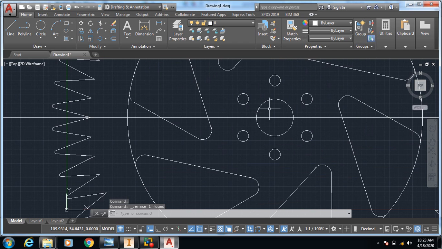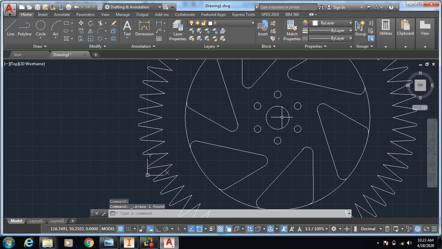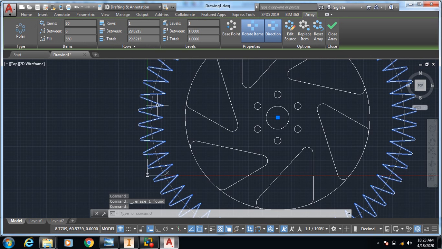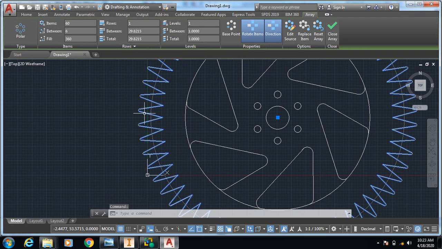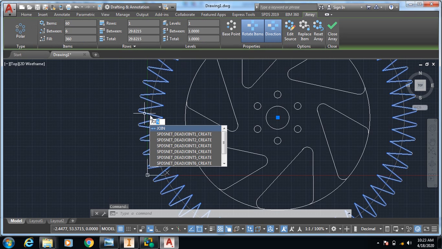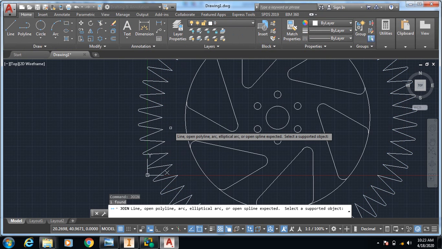Delete this line, select and delete this construction line also, and join this.